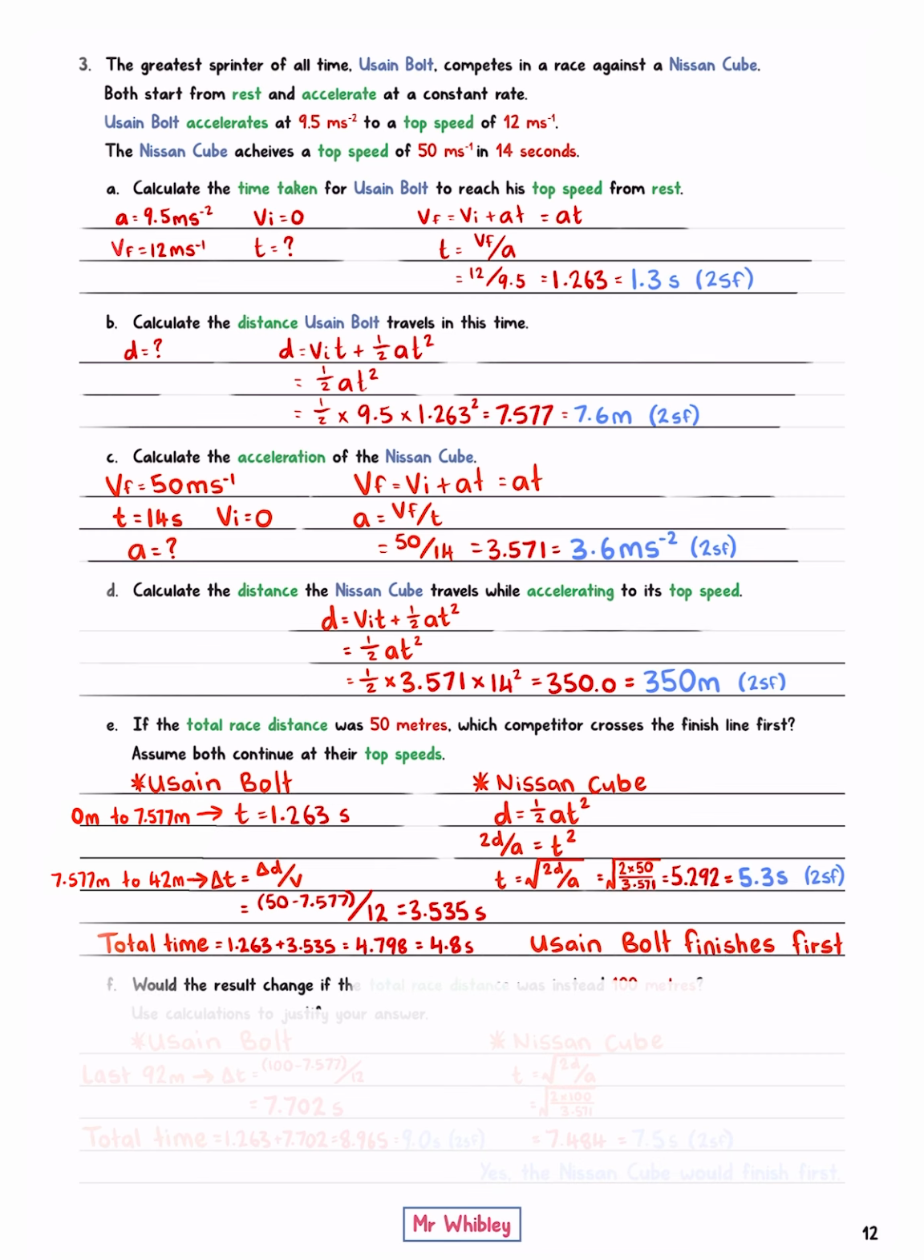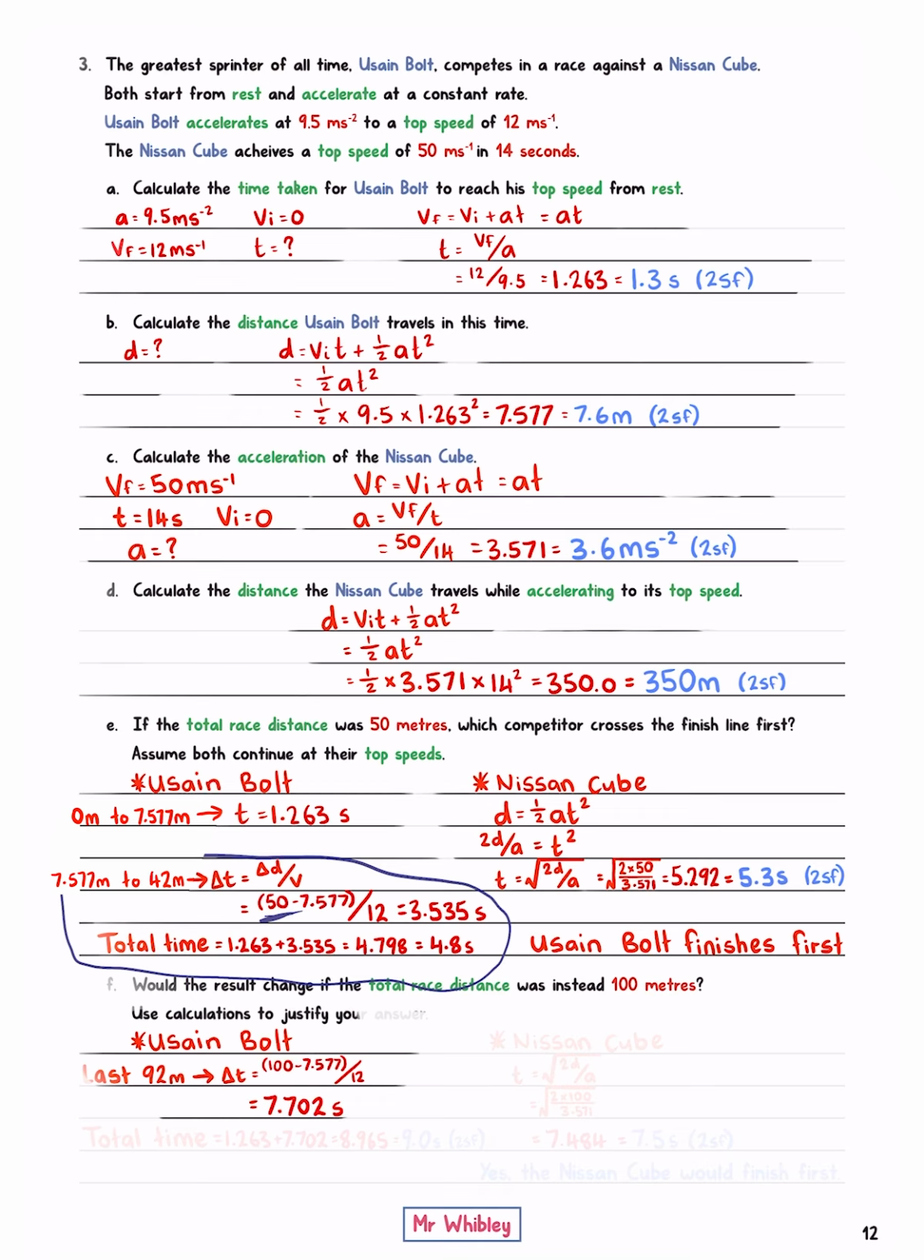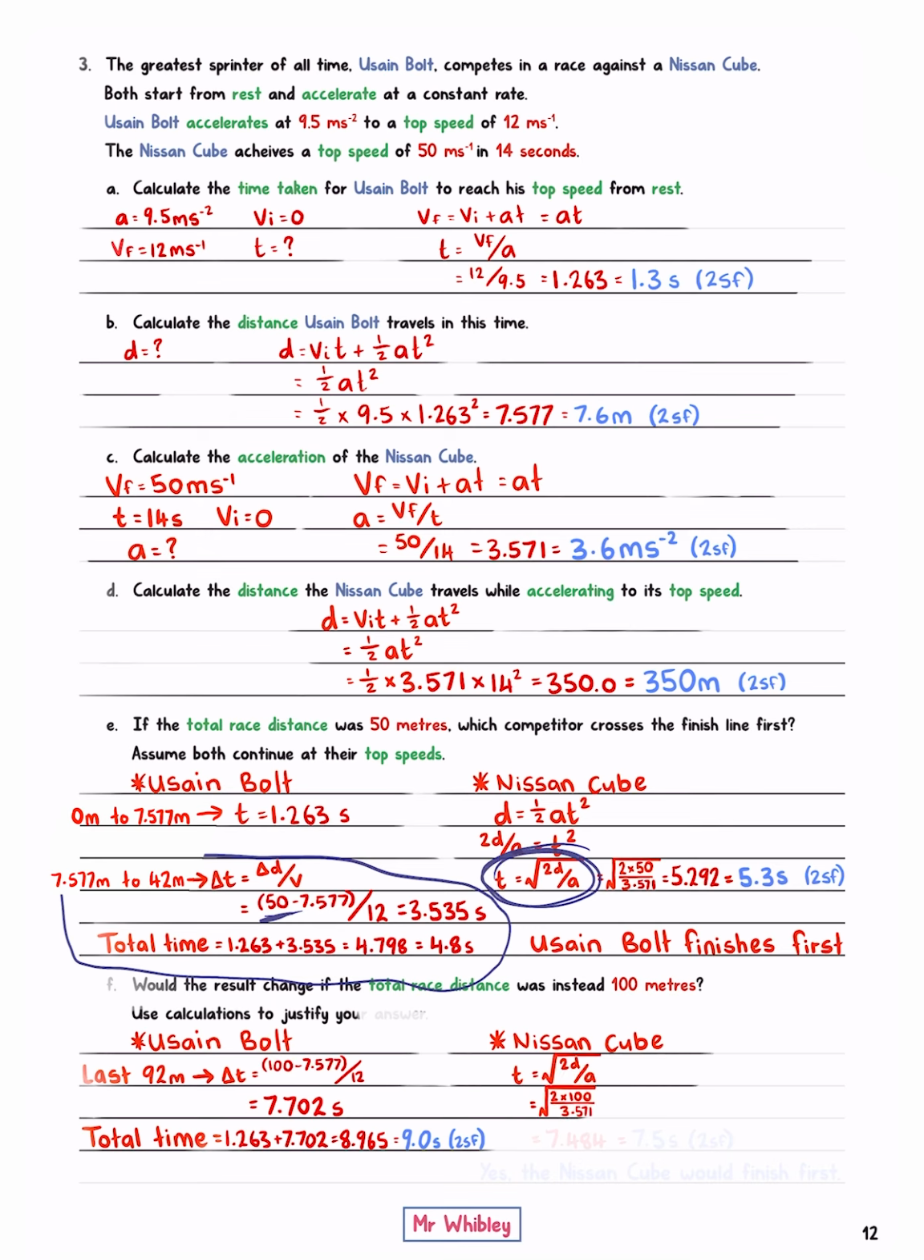Would the result change if the total race distance was instead 100 meters? For Usain Bolt, we just need to repeat this calculation here, except that instead of 50, we are now racing to 100. So for that last section, we get 7.02 seconds. For our total time, we add this to our 1.263, which gives me 8.965 or 9.0 seconds to two significant figures. For our Nissan Cube, we reuse this equation here, except now for our new distance of 100, which gives